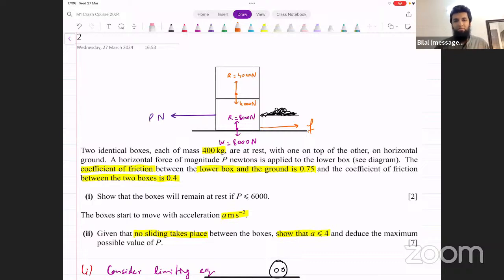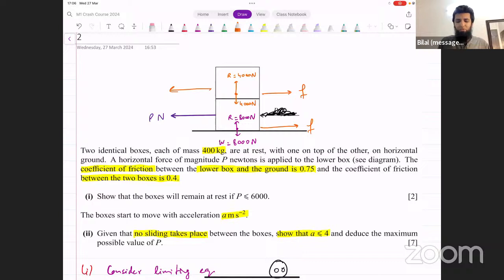In which direction is friction going to act? What do you think, quickly? Where is friction going to act? On the upper box. Backwards? In which direction? Right or left? Right side. So you're saying friction is acting towards the right side. Okay. If we say friction is acting towards the right side,